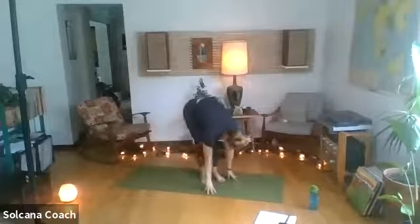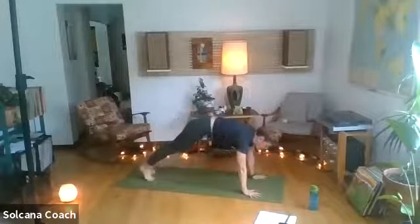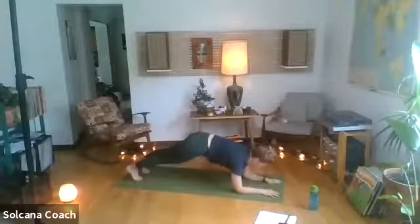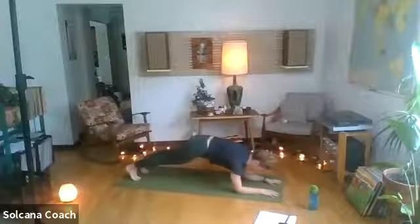Good job. Inhale, arms circle wide all the way up overhead. Exhale, arms circle wide, forward fold at the back of the mat. We'll walk our hands all the way out to the top of a push-up. We're gonna lower down onto our forearms here. And we'll rock forward and back like we did at the top of a push-up, only in a forearm plank